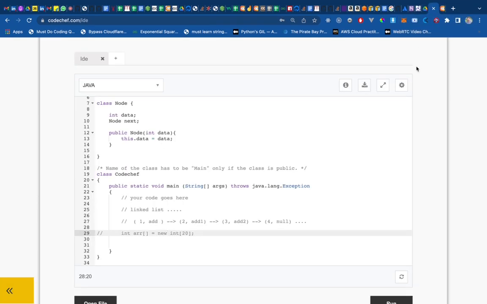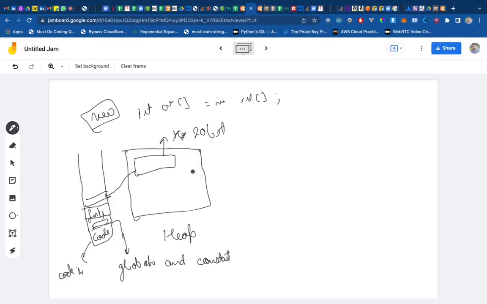New means allocating some space in your heap memory, and heap is larger memory. So you see the diagram. Heap is a larger set of memory allocated, and stack is separate. But all of them are already in RAM. So this is a logical separation of your memory, not a physical separation. Coming back to the point,